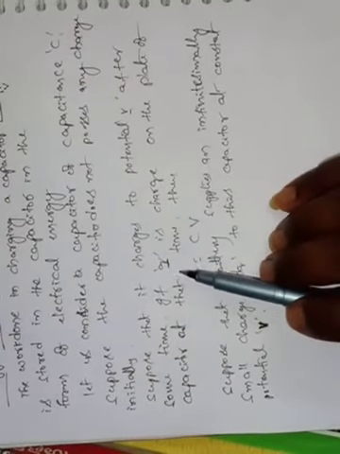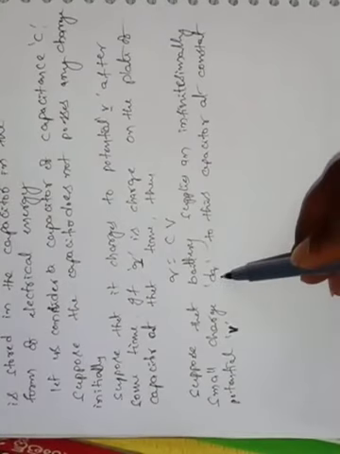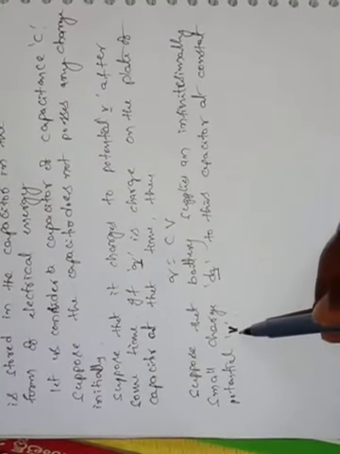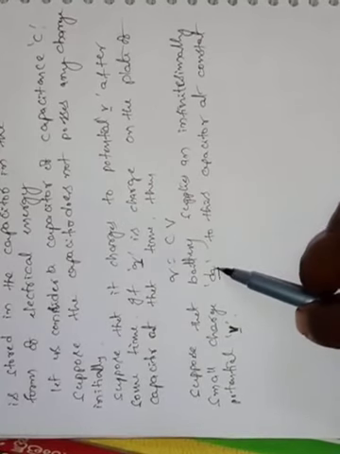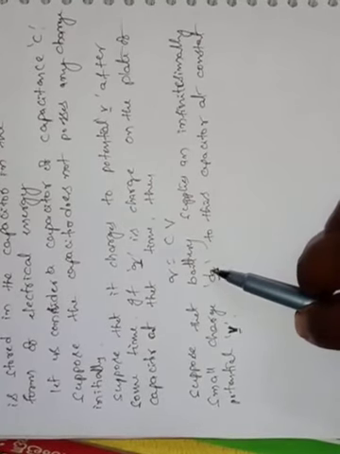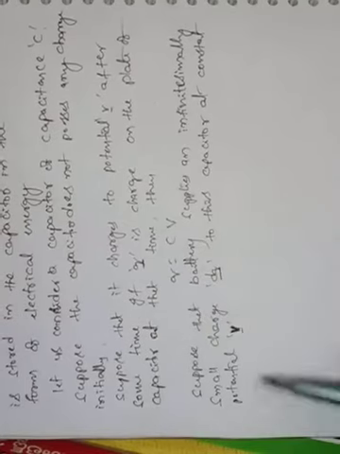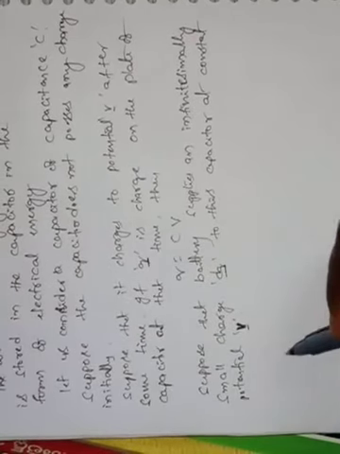At a certain interval, the charge is Q, and at that time the potential difference is V. Still some more charge is supplied, a small amount of charge by the battery at the same potential V. Now the battery supplies a small amount of charge, so a small amount of work is done on the capacitor by the battery. That work done I will calculate here.